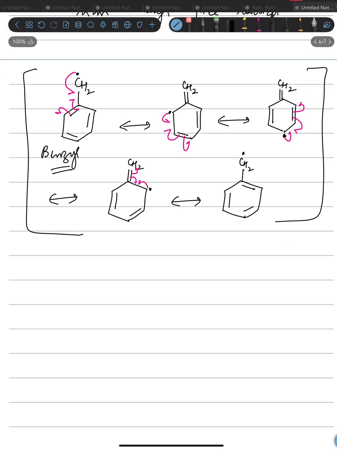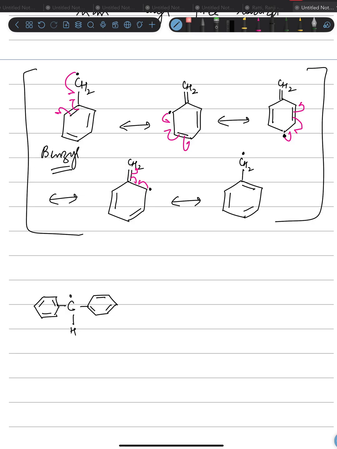Okay, if I have, say, diphenyl methyl free radical, like 2 phenyl rings, this would have more resonating structures and it would be more stable as compared to even benzyl free radical. So that was all about the free radicals, and in the next video we'll talk about the